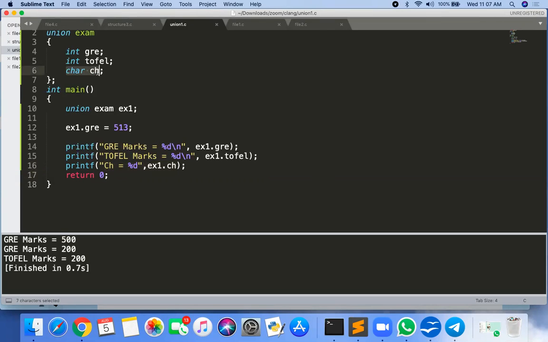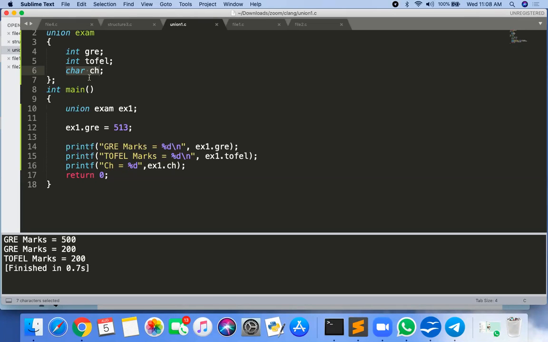A character value can never be that large. If you create any character value, the maximum value that gets printed is 127 and the minimum is -128.